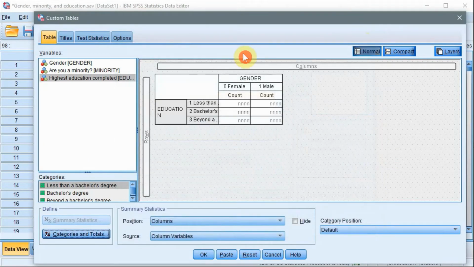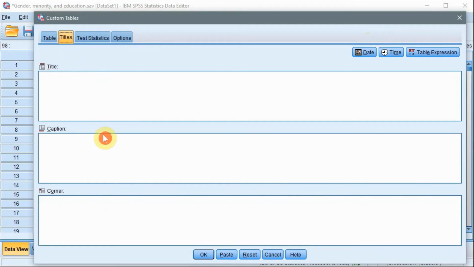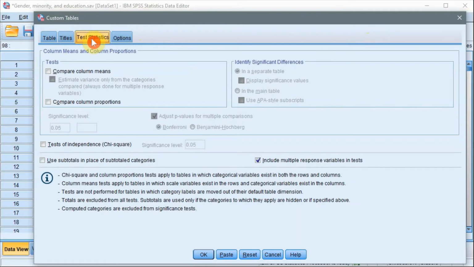And we'll get out of there and go to Titles. You can directly write your title, caption, or little memo to be placed on the upper right-hand corner of the table if you like. And if you click on the Test Statistics button, you can ask SPSS to compare column means,